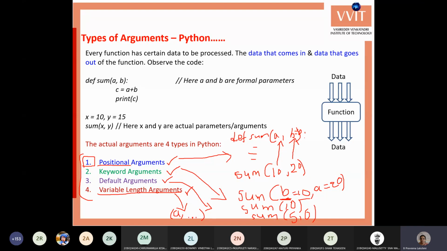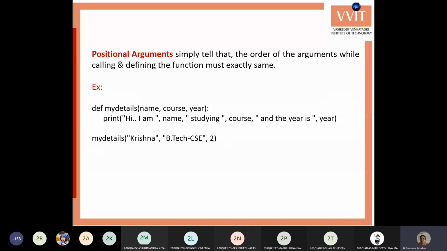Have all of you noted it? Yes, ma'am. Now put the side heading as positional arguments. Okay, note down.